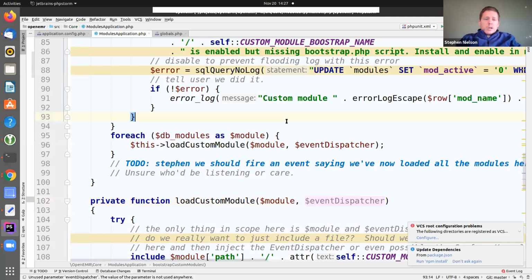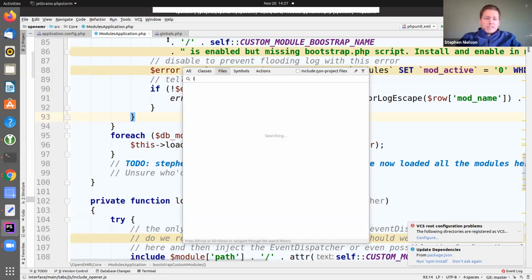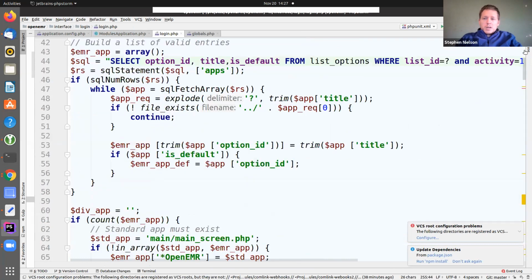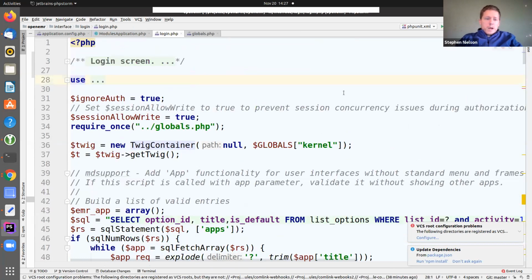So if you go and you look and you say, is my module going to have access to the login page? Well, if I go up to login and I look here, I can see it's got the globals.php. So my module is going to run in here, right? Is my page going to run on the calendar or anywhere? Anywhere where this globals.php file is instantiated, your module will execute. And not just your module, all the modules that are activated are going to execute.